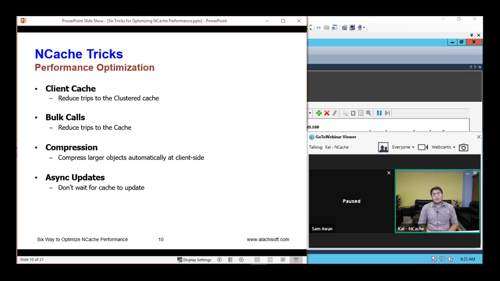Generally, we recommend breaking down the object into smaller sizes, but in the case that it's not possible, you can use the compression feature. We also have async updates. Using these, your application does not wait for the operation to be performed. Maybe you can create a separate task for this, and you can afford that the data gets added on its own. And if there's any update that you want to get back, whether the data did get added or not, or if there was an issue, you can register for a callback against that.